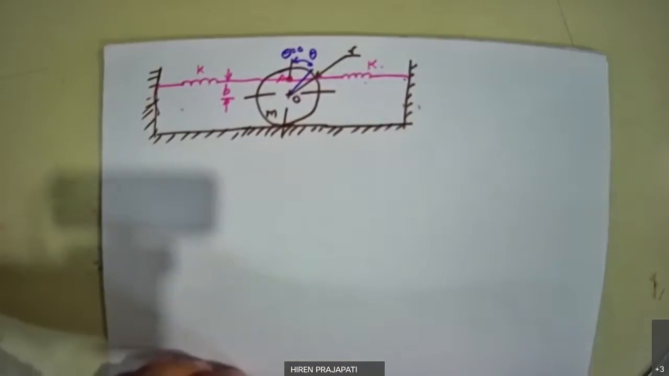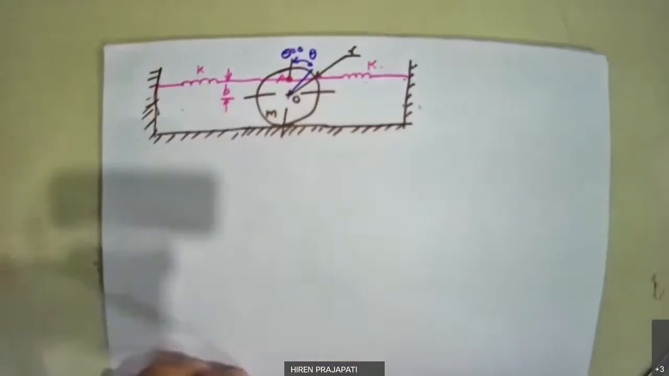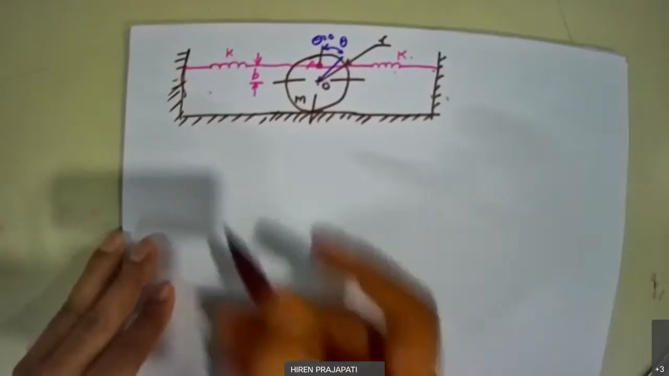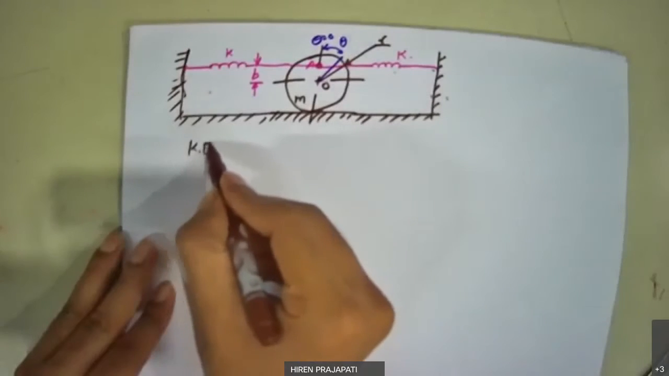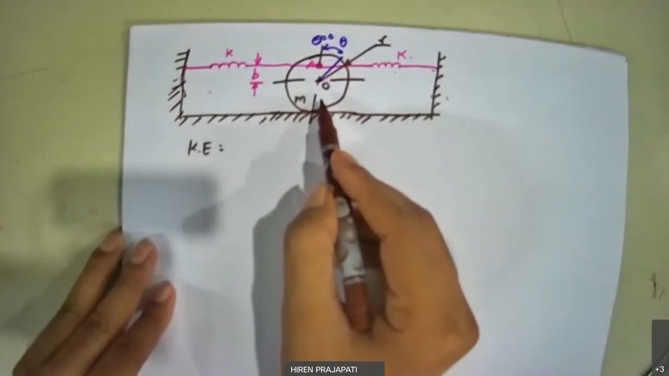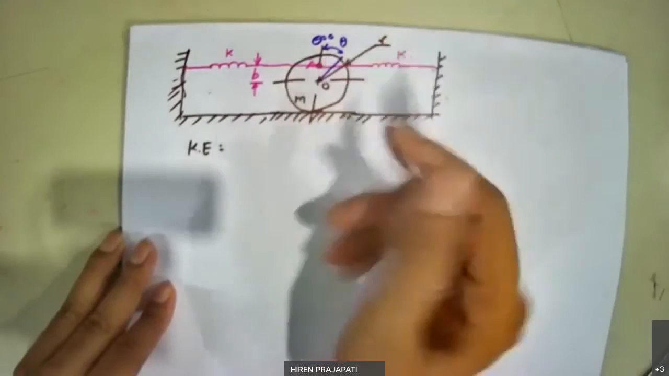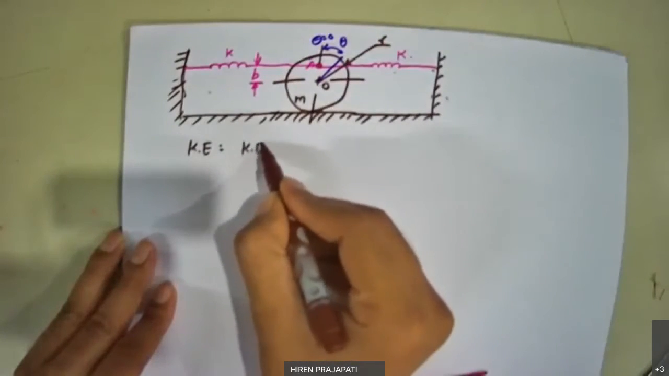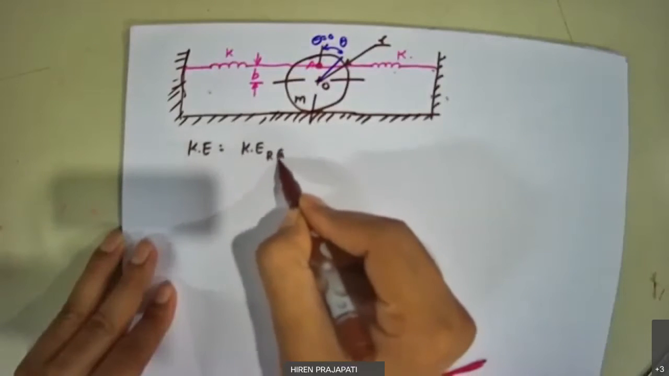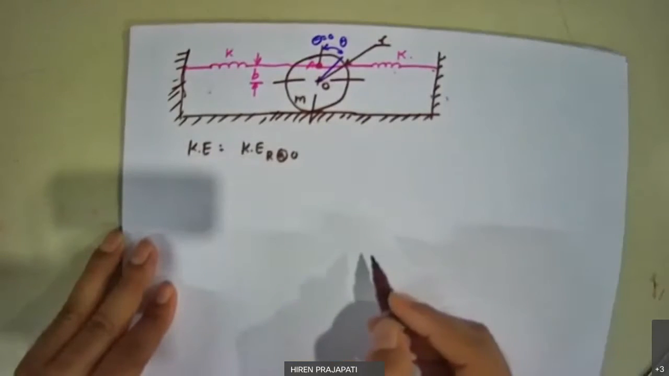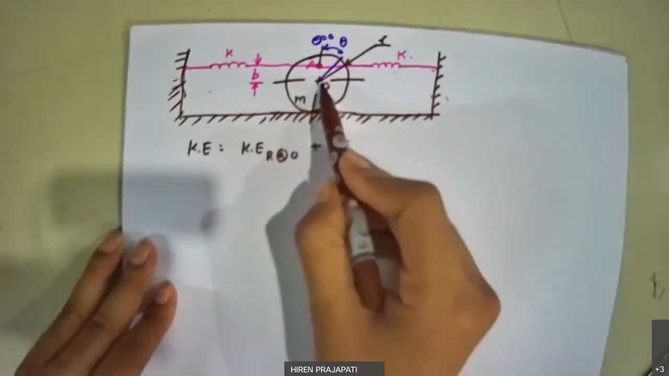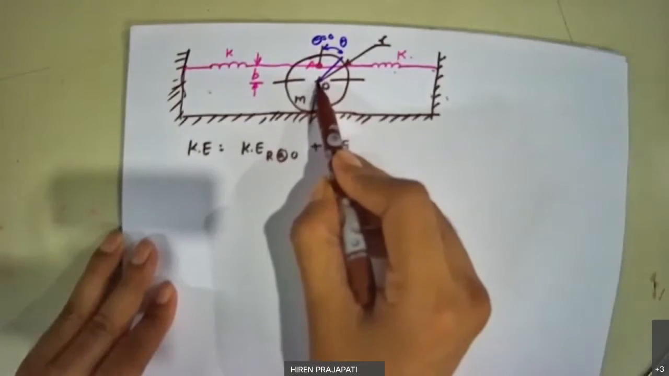So let me first of all write the kinetic energy of this entire system. Now I am writing the kinetic energy of the system. Now there are two kinetic energies. If you see, this is rotating about center O, so kinetic energy of rotation about point O, and linear kinetic energy, because this O is also